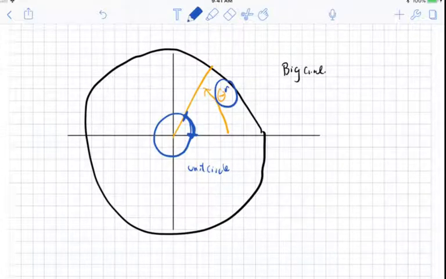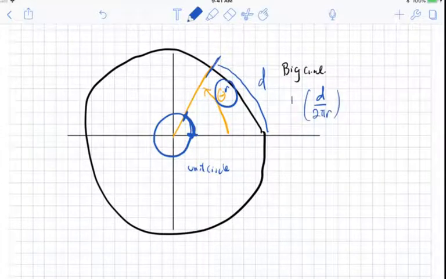Because think about it. Somebody gives you this distance. We've traveled this distance. This distance is 2 pi r around the circle. So it's this percentage around the circle. Sorry, I lost my train of thought. This sickness is really messing me up. Okay, so long story short,